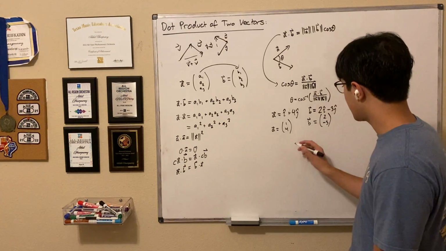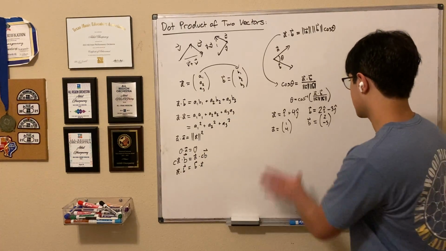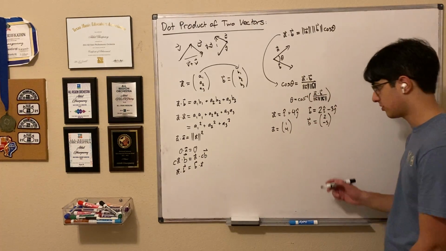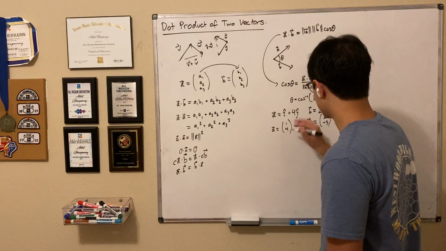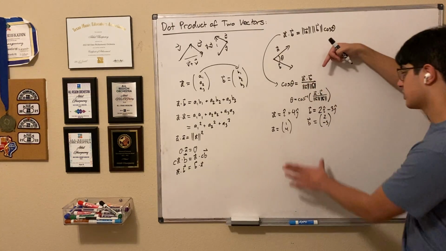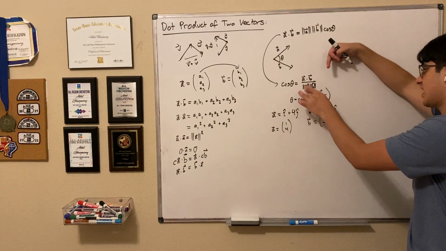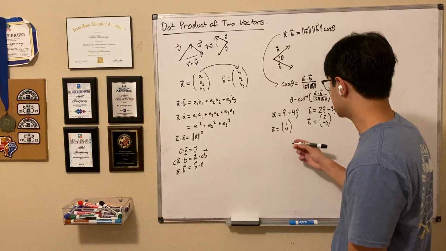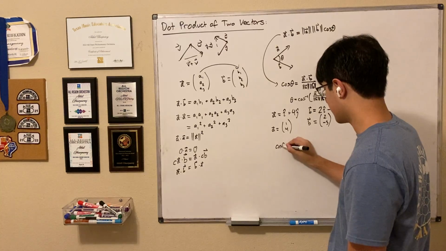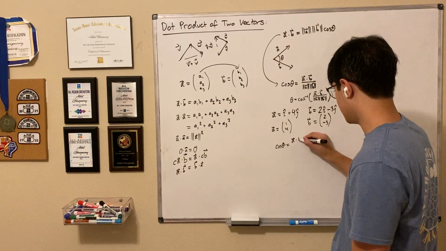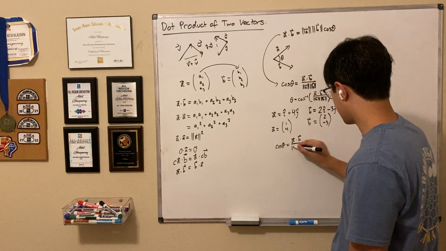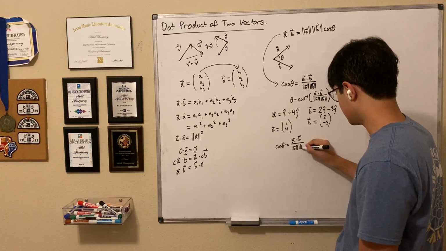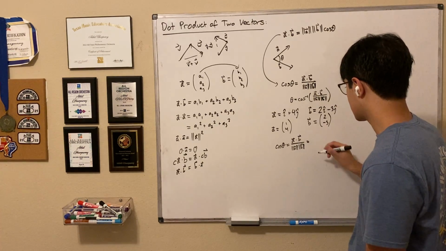To find what cosine theta is, because we can't find what theta is without a calculator, possibly, we can just do the dot product of these two vectors and then divide by the product of the magnitudes. So let's do that. Cosine theta is A dot B divided by the magnitude of A times the magnitude of B, and this is going to be equal to